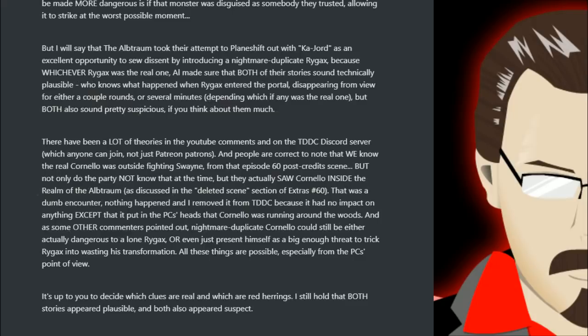All of these things are possible, especially from the PC's point of view. It's up to you to decide which clues are real and which are red herrings. I still hold that both stories appeared plausible, and both also appeared suspect.